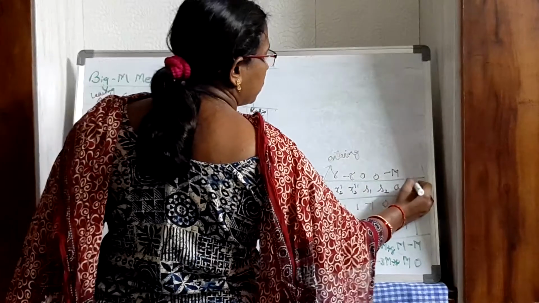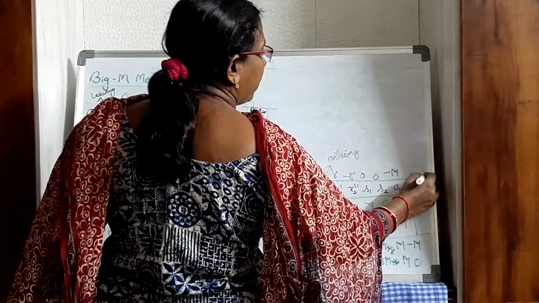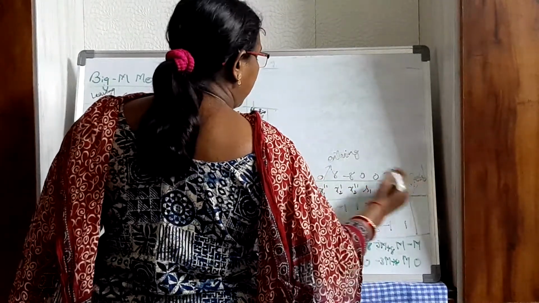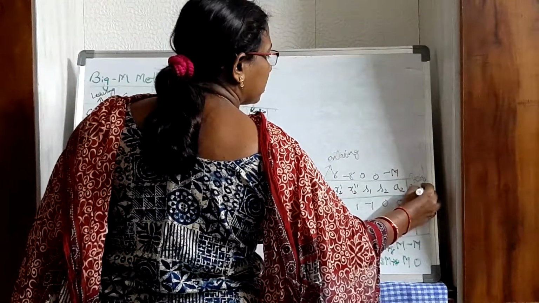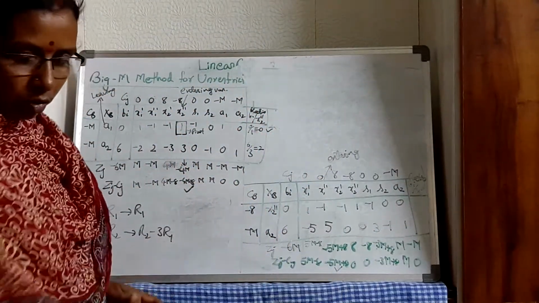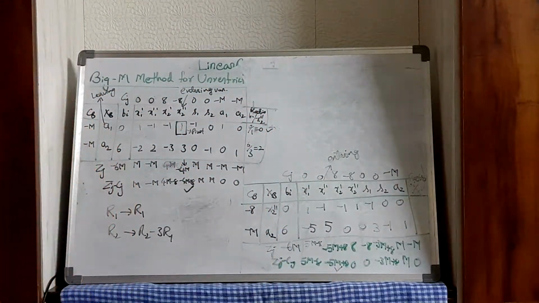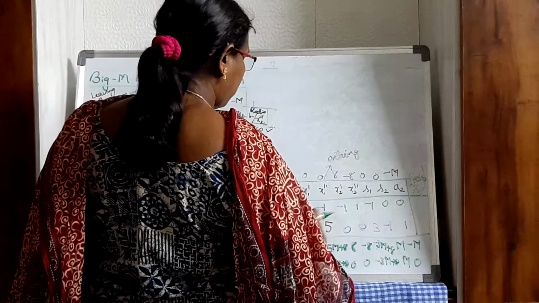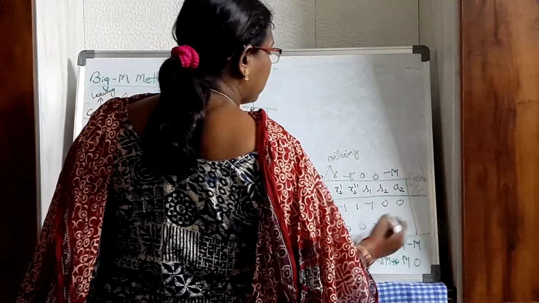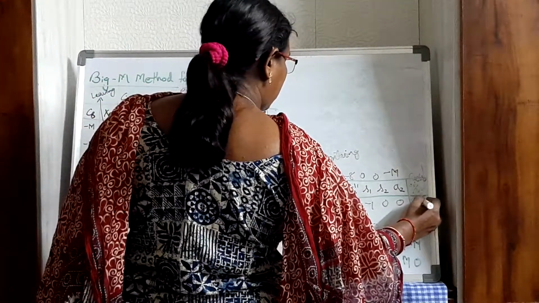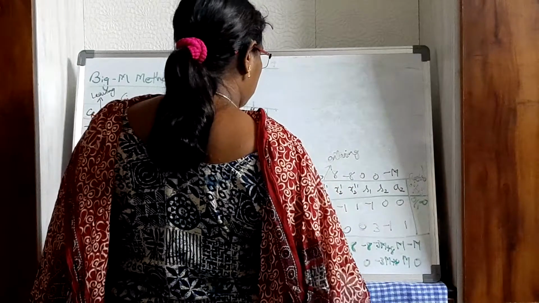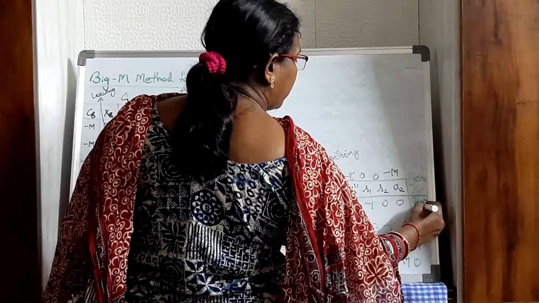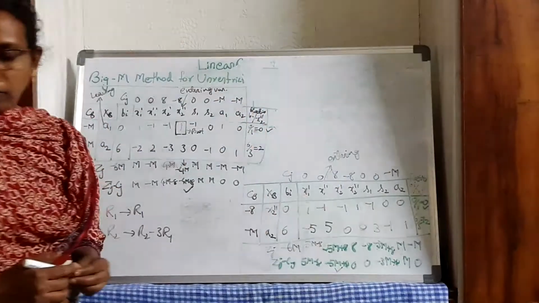Now you have to find the ratio. Ratio you will find for what? Bi divided by x1 double dash. So how will you find that ratio? B1 divided by x1 double dash means 0 divided by minus 1. 6 divided by 5. So you will get 0 by 1 equal to 0. 6 divided by 5, 6 by 5 means you get 1.2. Again this is minimum. Now which is the leaving variable here?